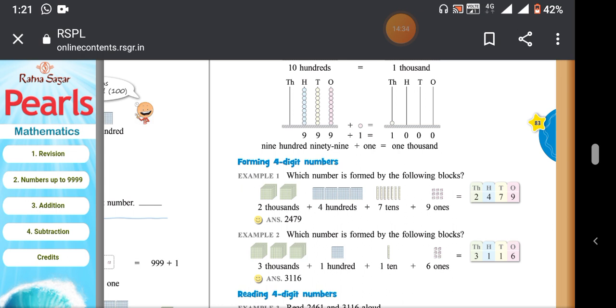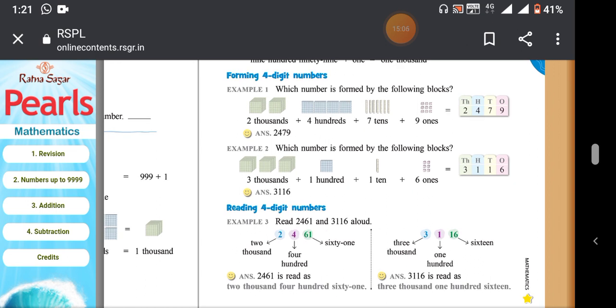2479. So similarly, second example, which number is formed by the following blocks? So 1, 2, 3. There are 3000 boxes and only 100 box and only 1 tens box and 6 ones boxes. So totally we got 3116. Okay, then